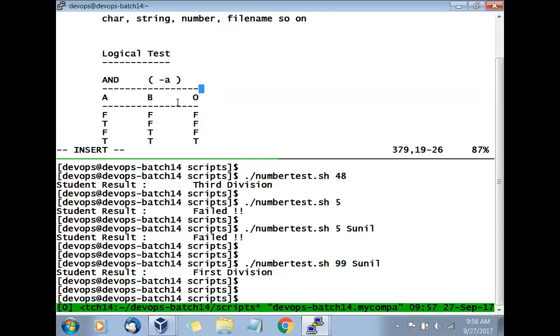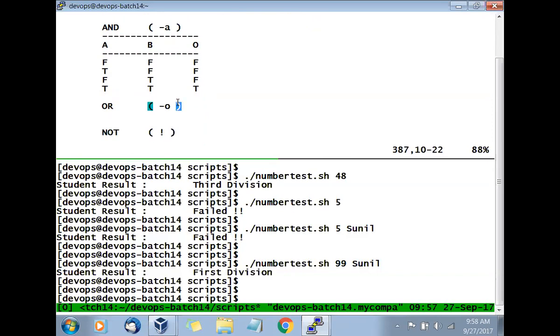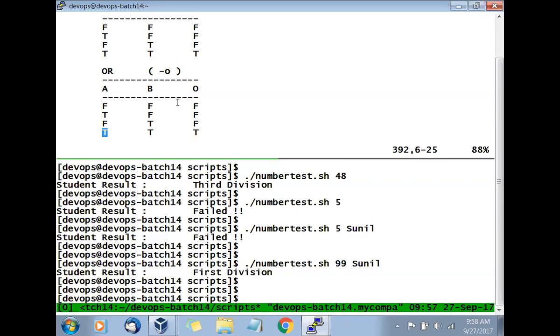So I'll copy this, and all the lines I'll put under the OR, and the condition will change a little bit. In the OR, if the two inputs are false, output is false. But if any input is true, the output is true.